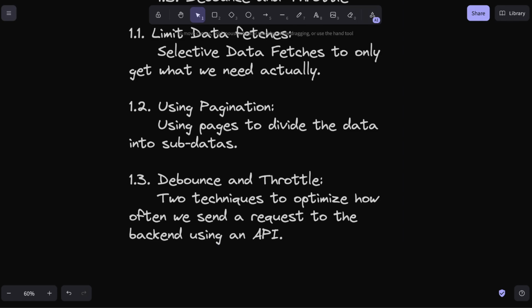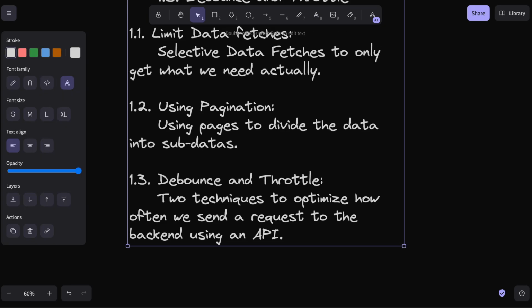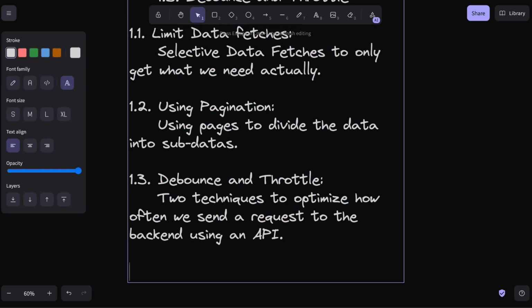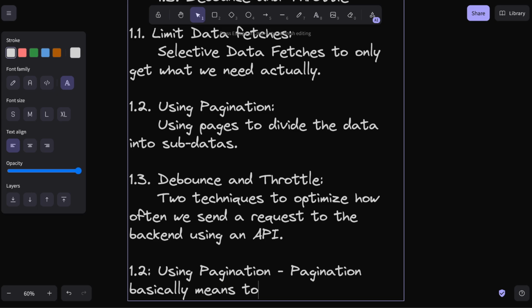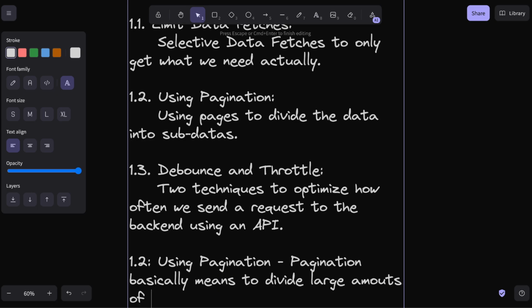So now let's cover 1.2, which is using pagination. To be clear, let me write it here. We will cover this point, using pagination. So what do we mean by pagination? Pagination basically means to divide large amounts of data